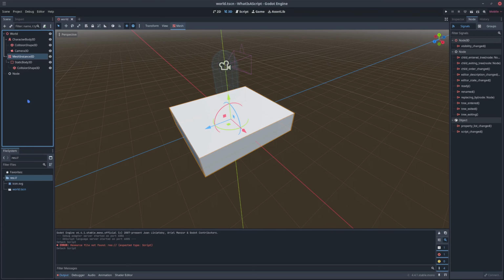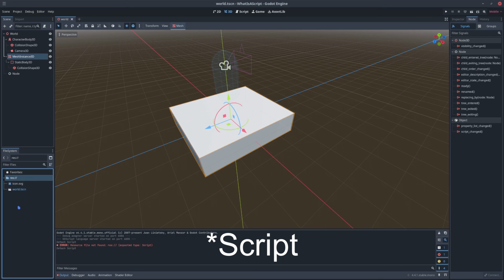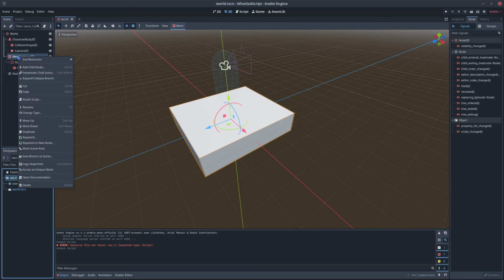Alright, so we've talked about what a script is. Now let's go ahead and talk about how we create a script, and some of the basics to writing a script. First off, there are three different ways you can do it. You can come down here to the file system, right click, create new, and create a script. You can also do that in any subfolder, of course, but that's going to be one of your ways to create a script. You can also right click on any node that you have within the scene, and then click